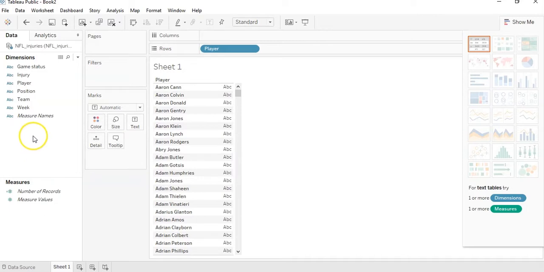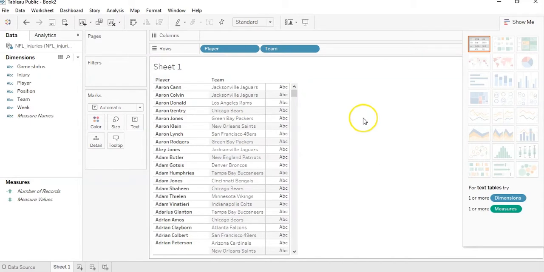And what else is important? Well, what about team? So I'm going to drag team there. And you can see the team is populated. And you can also look up to the right to see that Tableau has automatically selected a table. It's automatically saying, okay, he's creating a spreadsheet with this data. Now we could add certain information like salary information and end up building a chart of our own, but we're interested in data today. So after team, let's add position,